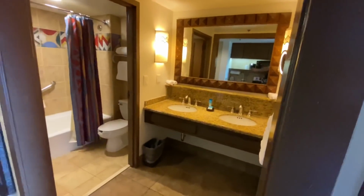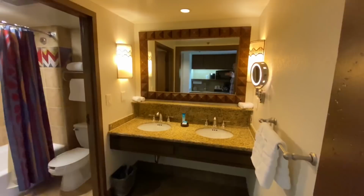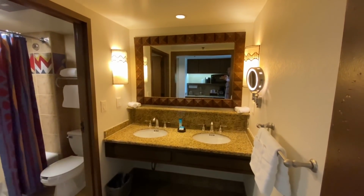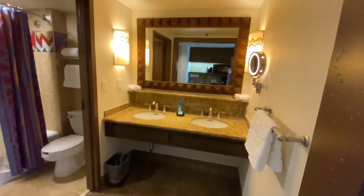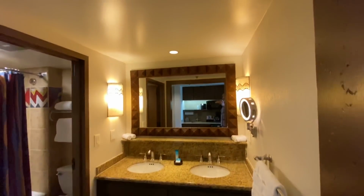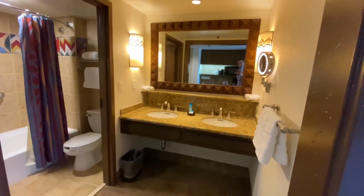Okay, we'll turn this way. There is no door here. The vanity's just here in the open. We have a vanity with two sinks, no drawer space. You do have a ledge up there. It might not be a lot of room. You might want some drawers, but